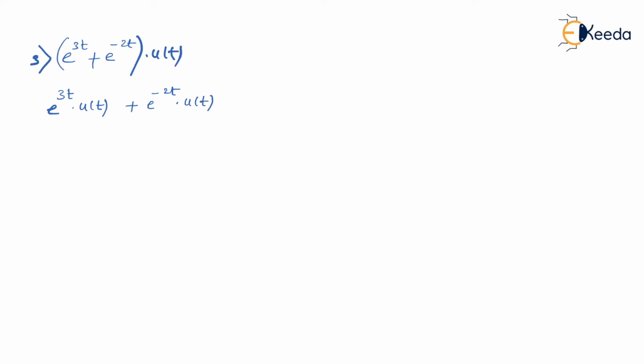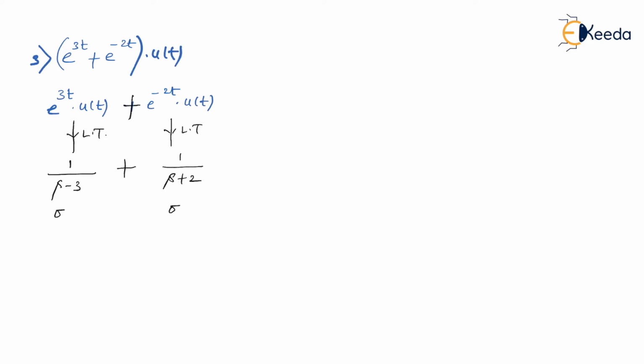Same thing is going to happen over here. We know the Laplace transform for this, that is 1 upon s minus 3, and also we know the Laplace transform for this signal, that is 1 upon s plus 2. So the individual Laplace transforms for two different signals are known to you, and they are asking you the linear combination of these two signals. Then of course the Laplace transform will also be a linear combination of the individual Laplace transforms of both signals. Let me remind you about the ROC.